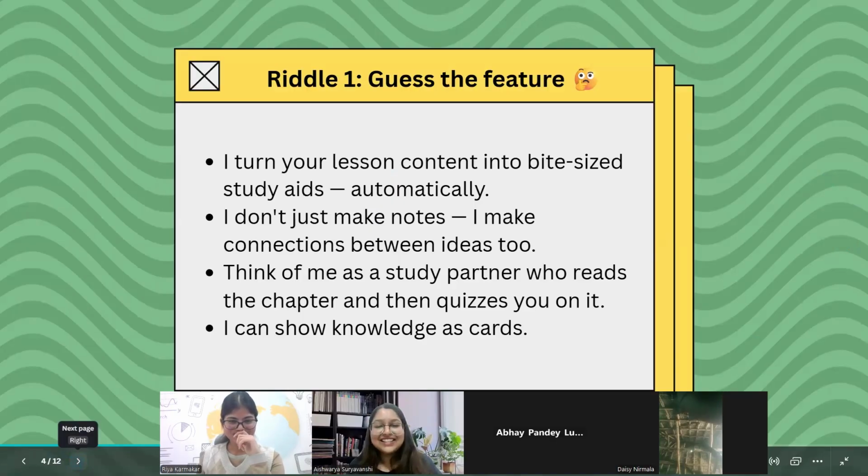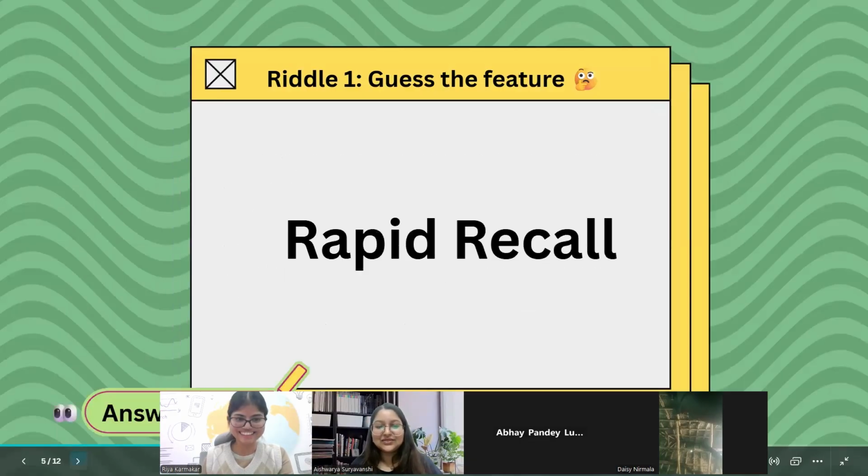We'll discard this question because people already saw the answer earlier, so we'll take it as a skip question. We'll let the teachers answer and then move to the next question. Should I move on to the next question, Aishwarya? Yes, you can move on now.